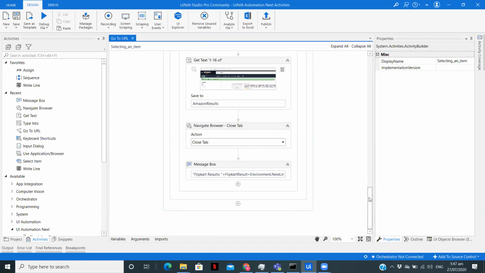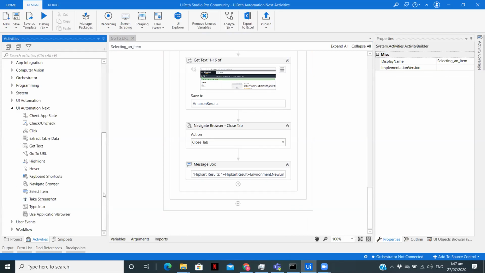So that's how you can use UI automation activities for doing web automation, which are much more reliable than normal UI automation, and you don't need to edit the selectors again and again. You get to define the anchors directly, as you saw in the video. It will be able to detect them automatically as well, and if not, you can add the anchors manually.